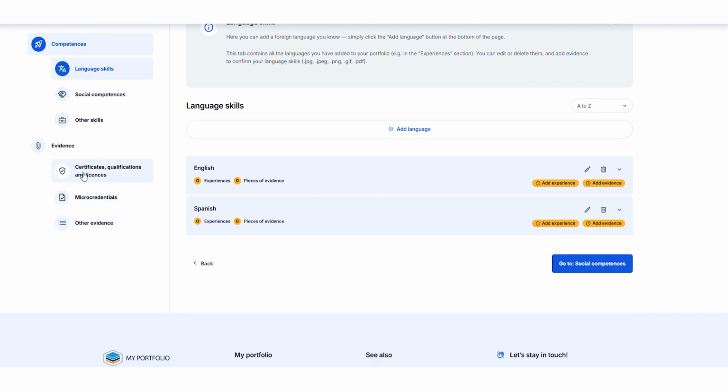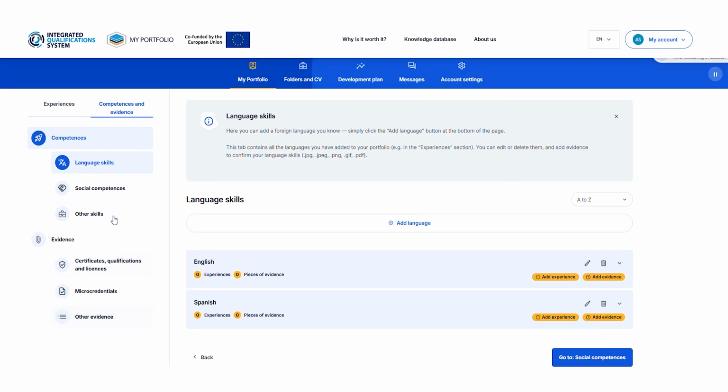Within the Evidence section, you have space to upload certificates, qualifications, licenses, as well as micro-credentials or any other supporting documents in electronic form. Importantly, these files remain fully manageable. You can download them at any time, rename them, or remove them if needed.